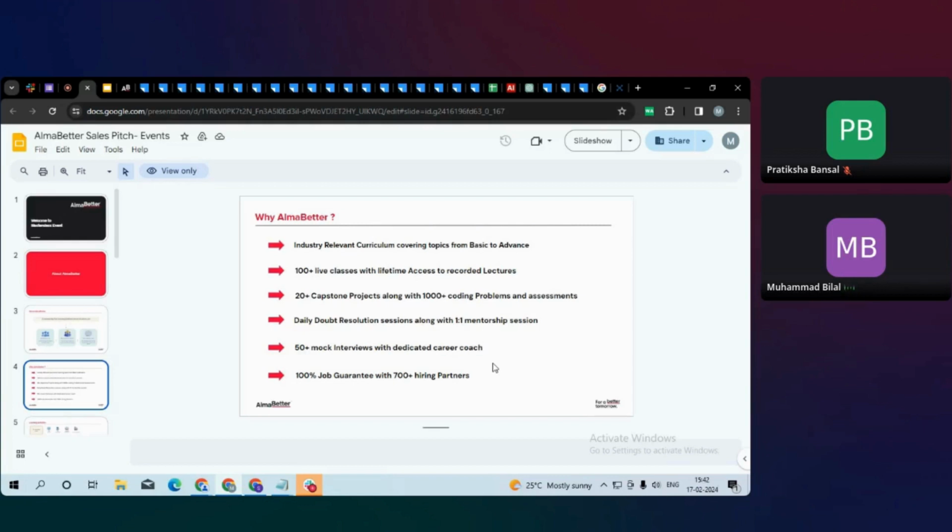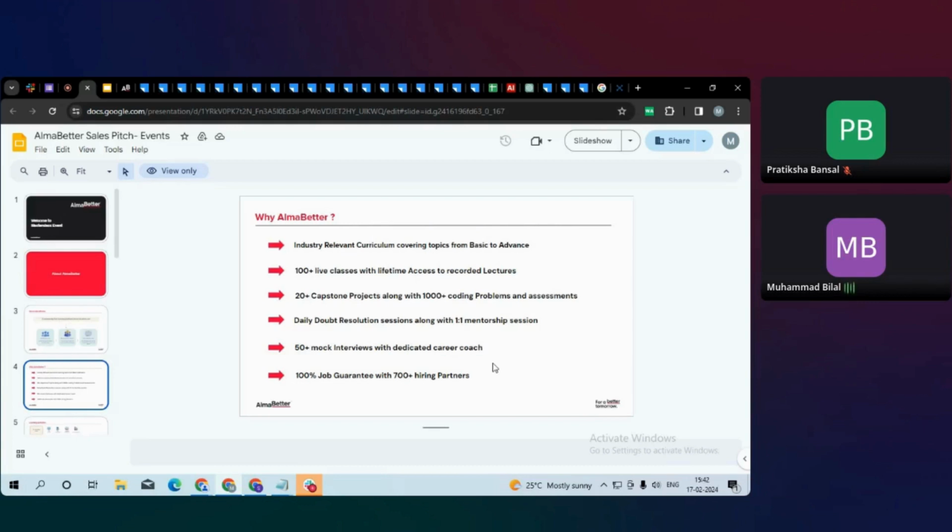We also provide doubt resolution sessions: after a live class, if you have any problem, you can book one-on-one mentorship sessions with the instructors.